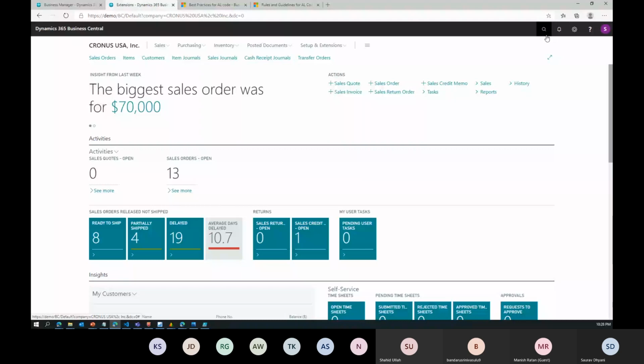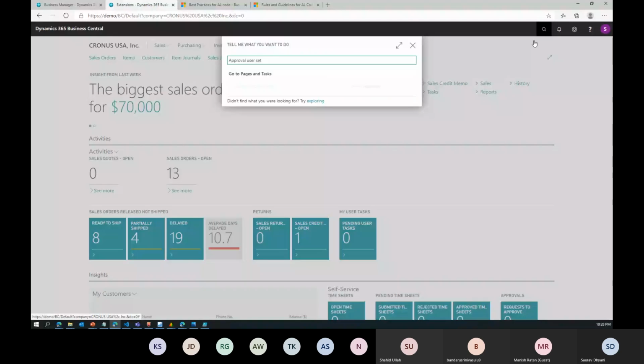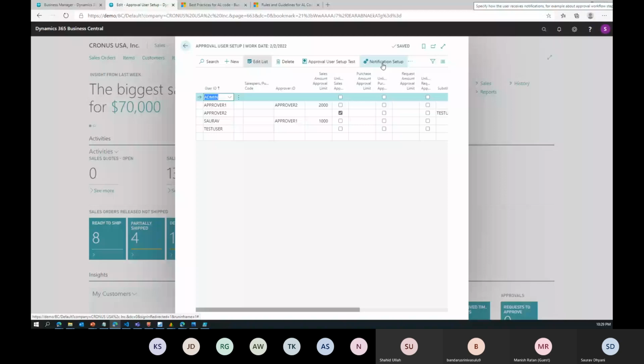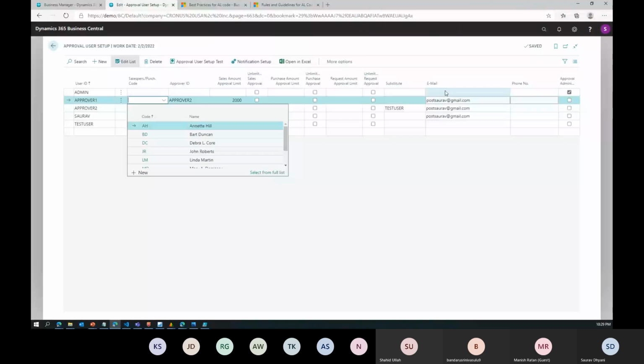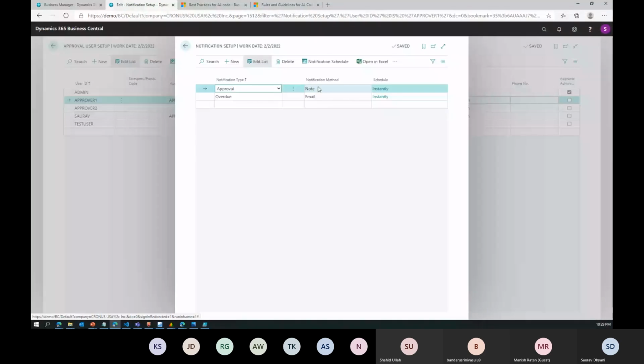There is a notification setup on your approval user setup, and that setup is specific to users. Like this person's notification setup is set as